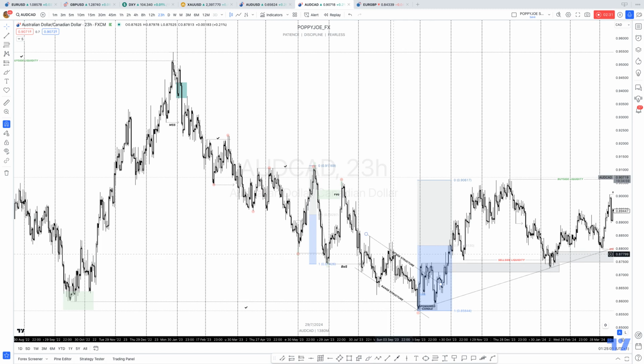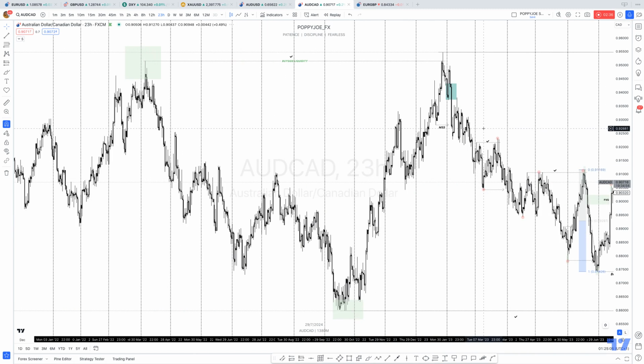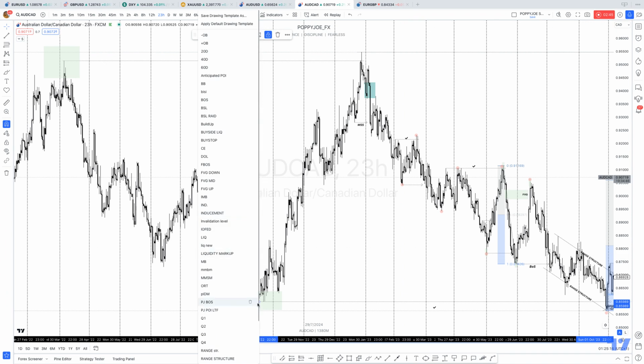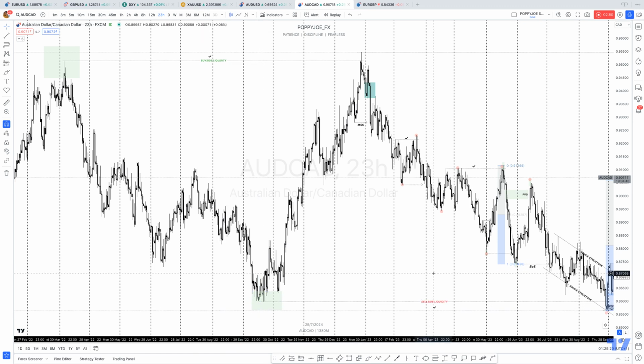Okay, range structure like this is very important as part of our internal versus external liquidity type. So now market has taken out the previous year high. Target is the sell side liquidity, which happens to be this low. So we label this as the sell side liquidity. Okay, that low will be labeled as the sell side liquidity, which will be the target. And the reason why we're targeting this low is not because it's the lowest point, it's because the type of liquidity that was raided is a previous year high. The type of liquidity that will be targeted should also be in the same caliber,